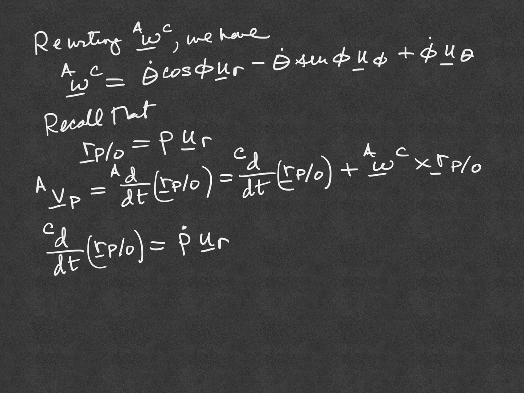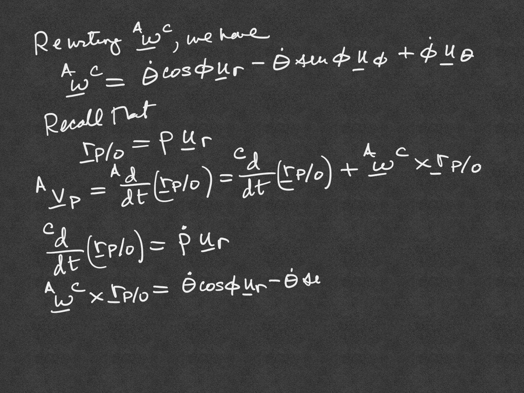Because again, the basis UR, U phi, U theta is fixed in reference frame C, so those basis vectors aren't changing in reference frame C. The next quantity is omega CA crossed with the position of P relative to O. Well, that's equal to theta dot cosine of phi UR minus theta dot times the sine of phi U phi plus phi dot U theta